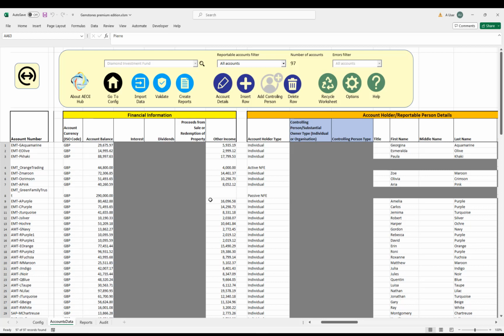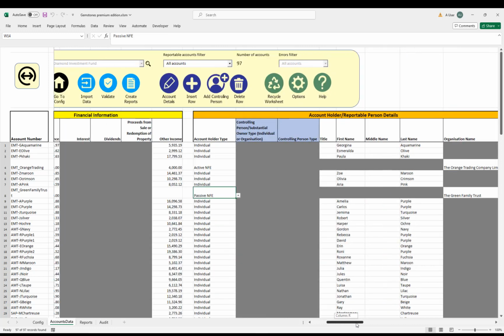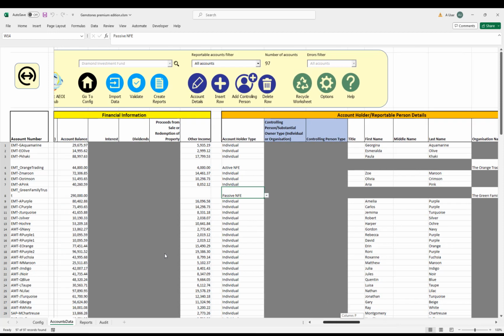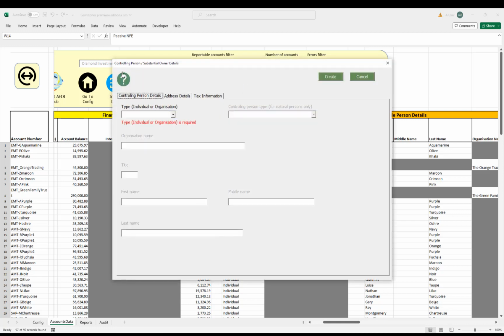What I'm going to move on to show you now is how you add controlling persons to a passive NFE. I've got a row on here, passive NFE, where we have the green family trust, and what you do to add controlling persons to that is click anywhere on the row for this account, and the add controlling persons is now enabled. I click on add controlling persons and it will open up a controlling person screen where I can start to enter details about my controlling person. Enter their name,